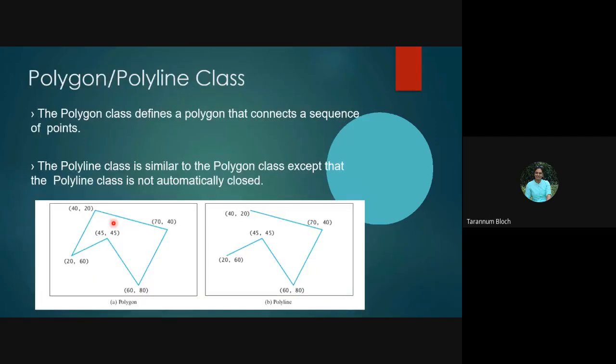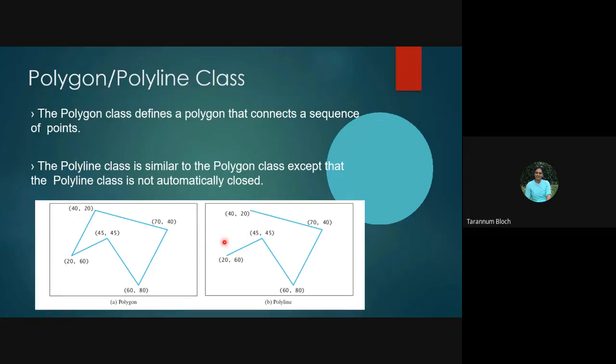Along with that, we have polygon and polyline classes also. So polygon defines the polygon. You can see this is the polygon, right? A closed shape, right? And this is polyline, right? So polygon and polylines are almost the same, except the difference that polyline is not automatically closed.